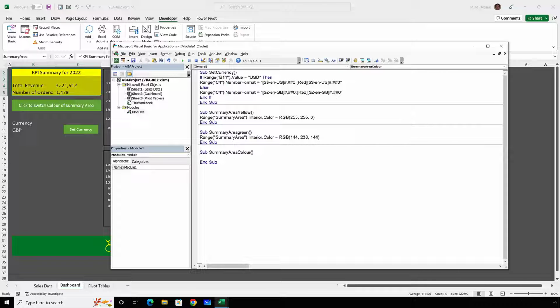So as I say, what this macro is going to do is say if the background color of the range called summary area is yellow, make it green, otherwise make it yellow. So I use the If statement, the Visual Basic If statement. Now, after the word If, I want to say if the colour of the summary area is yellow. So the quickest thing to do is actually just copy that line of code there and put it after that. So if the colour of the interior of summary area is yellow,